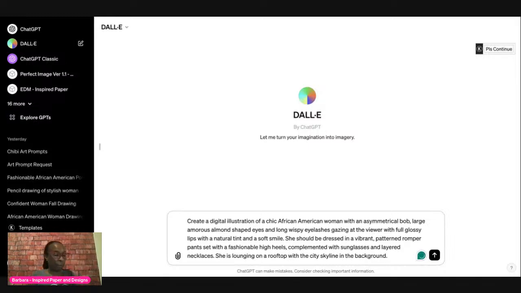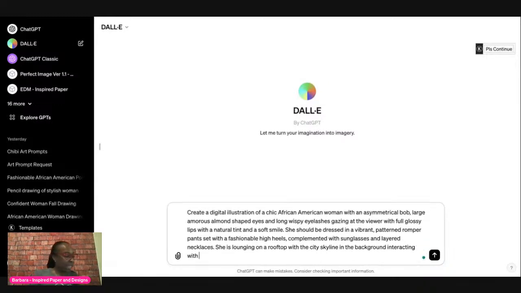And then the next part of this particular prompt says interacting with. For interacting with, it suggests a sleek smartphone with earbuds, a vintage camera hanging from her neck, a colorful smoothie in a mason jar. And again, I got all these suggestions from ChatGPT. A glossy fashion magazine, or a delicate pastry on a plate. So, what do we want her interacting with? Do we want her having a cell phone like she's taking a selfie? Or do we want her drinking a colorful smoothie in a mason jar? Like, what are you guys thinking?